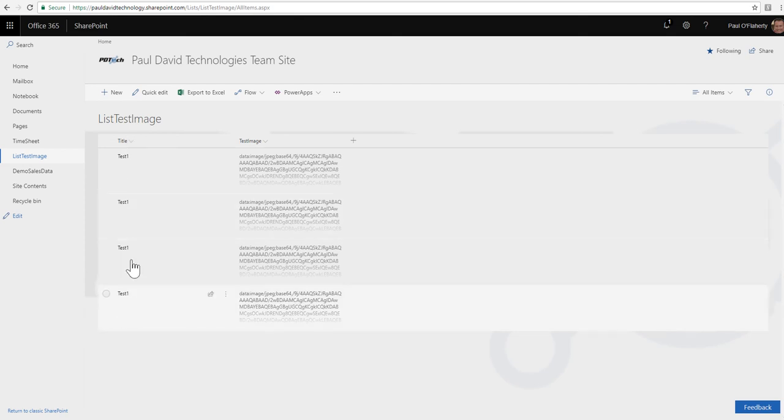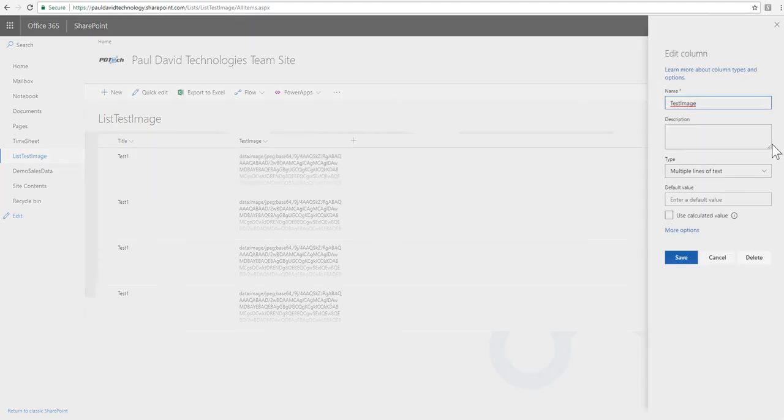So title is already part of all SharePoint lists anyway, so all I have done is add a single column, and that single column that I have added is of data type, when it appears on the right hand side here, multiple line text. There we are. So it's a multiple line text